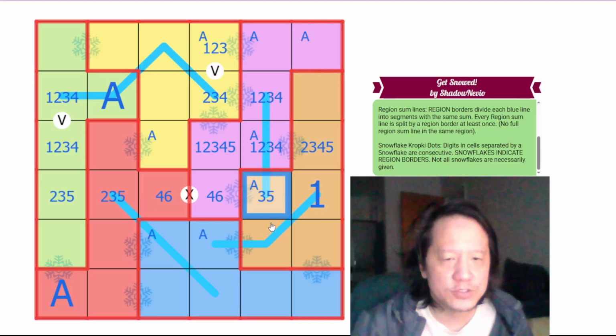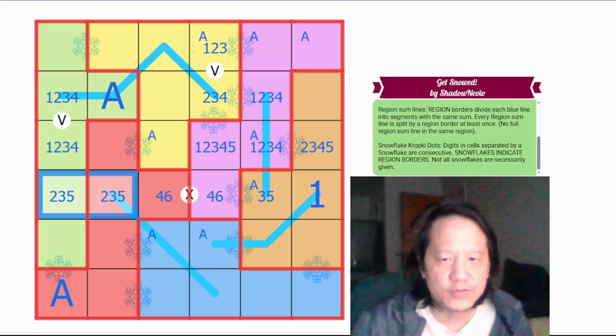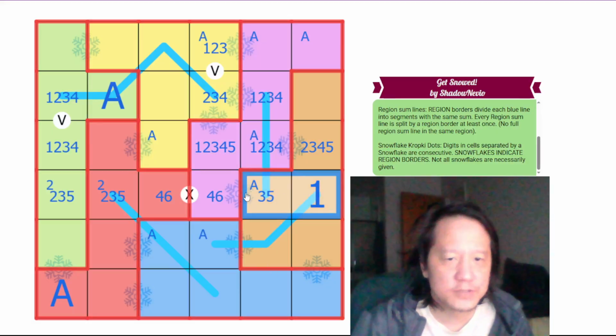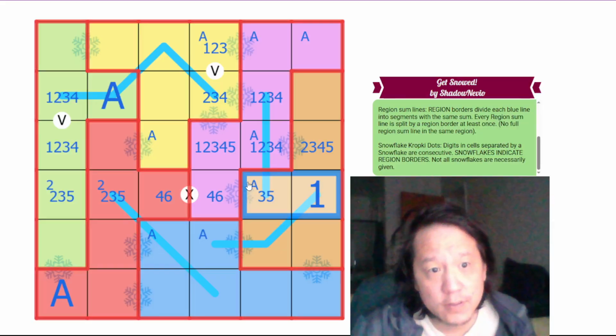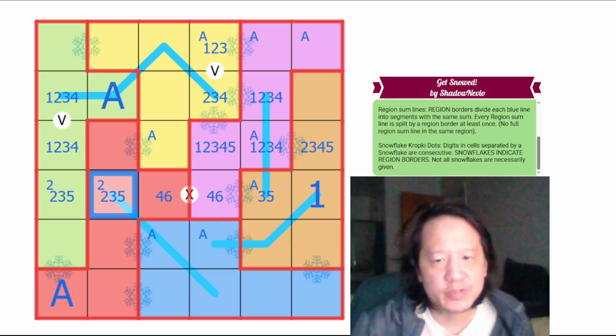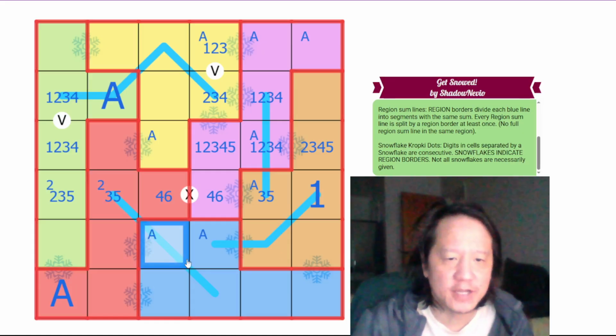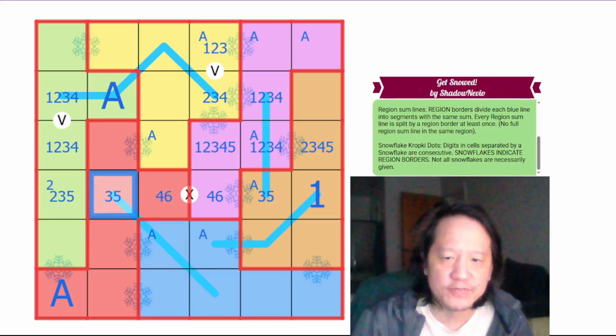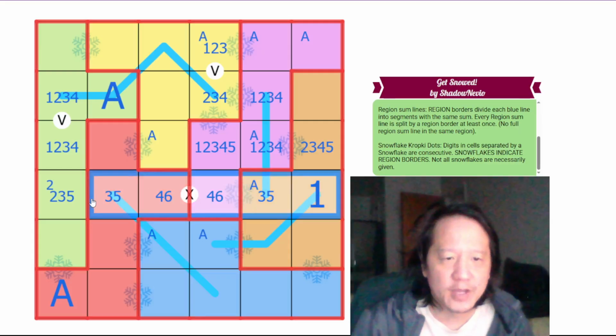This can't be 2. So 2 has to be one of these two here. A is one of these. So this at least... This can't be 2 because it has 2 unique digits adding up to it. And that would mean that's a minimum of summing up to 3. So that means where is the 2 in